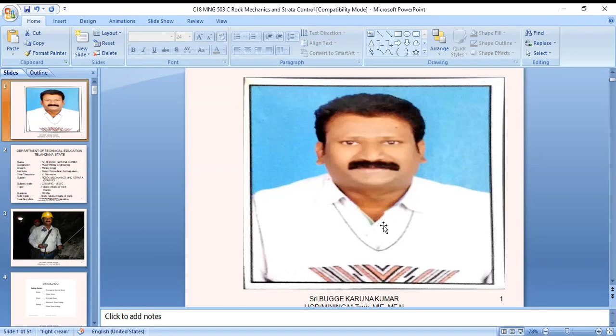Today we are going to learn about the rock failure criteria: how rock fails. There are different theories available in the scientific methodologies that prove the ways in which rock can fail, and these are what we will study